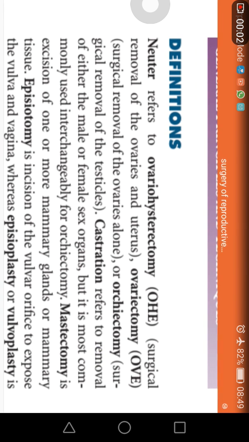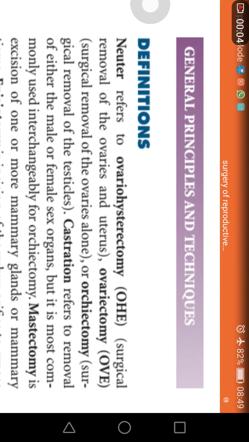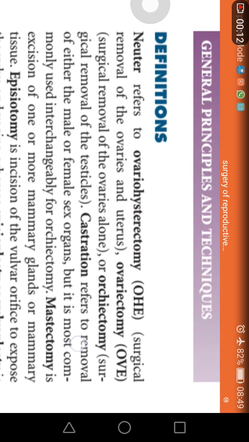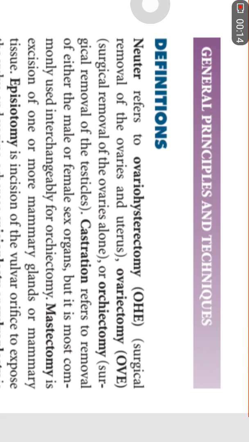Bismillahirrahmanirrahim. Dear students, in this video we will discuss the surgery of the reproductive systems of small animals. Before I give you the details of this surgery, there are certain terminologies which are used for the